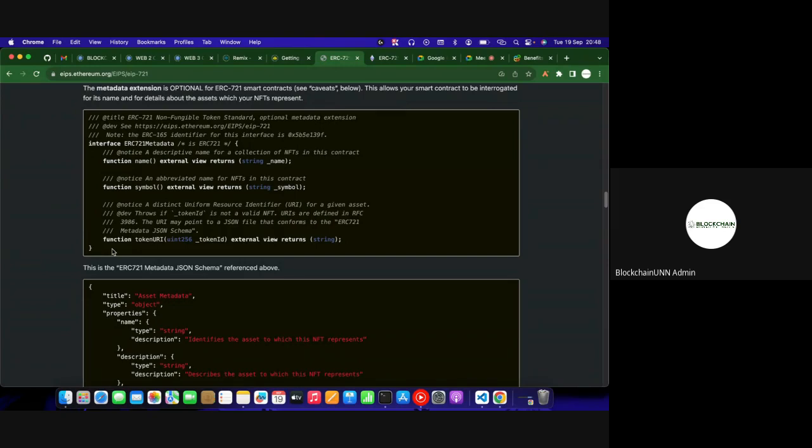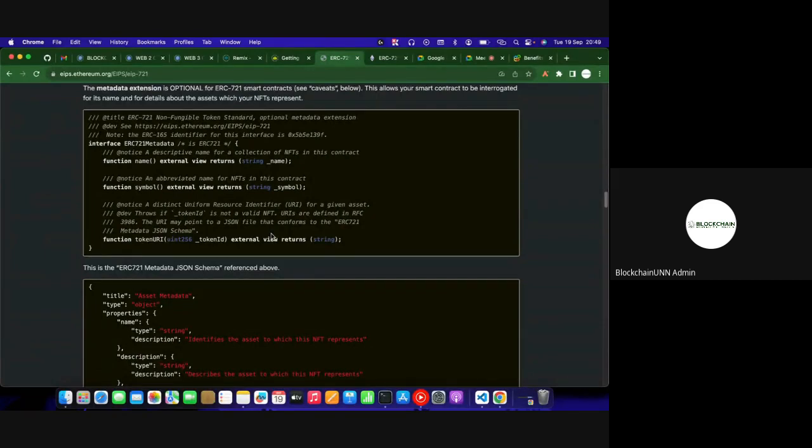So we have the name function, which returns the name of the NFT when called, and we have the symbol function, which when called returns the symbol of that particular NFT. Then we have the token URI, which is a JSON schema that contains different other